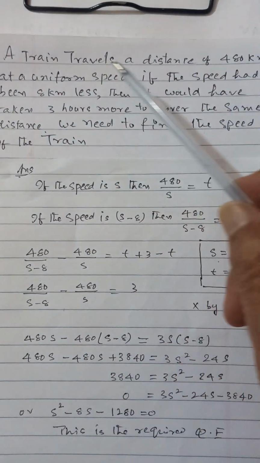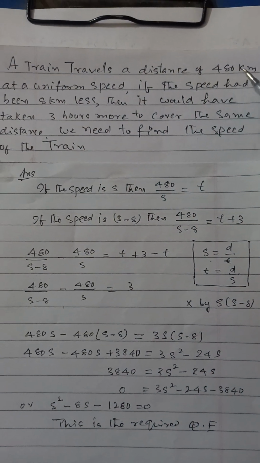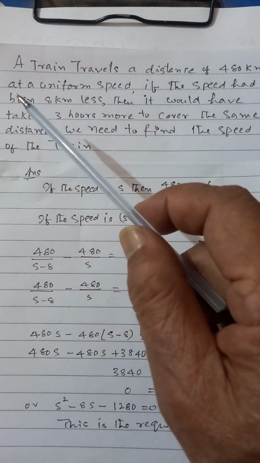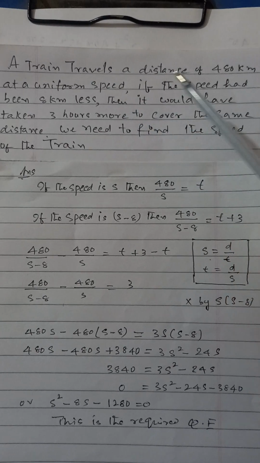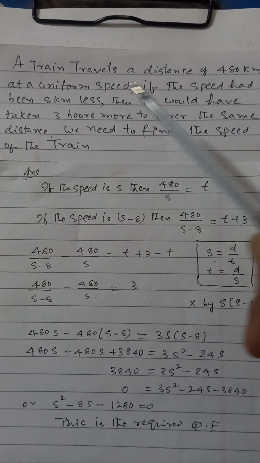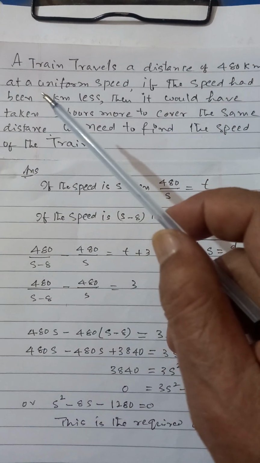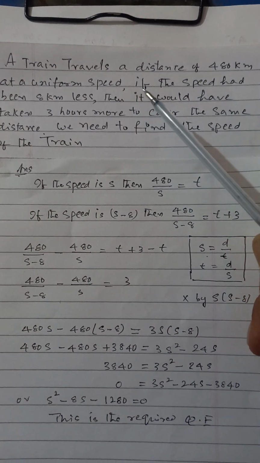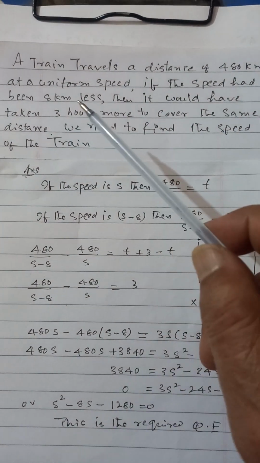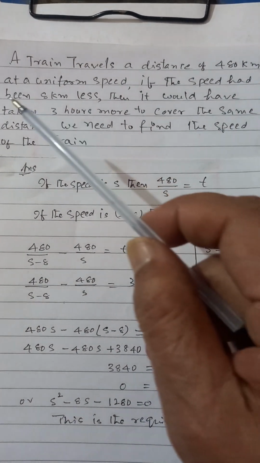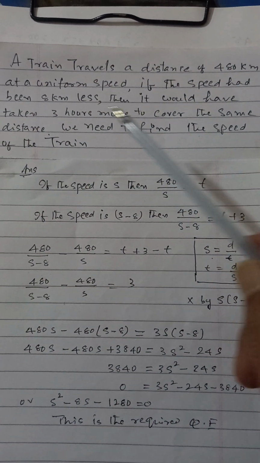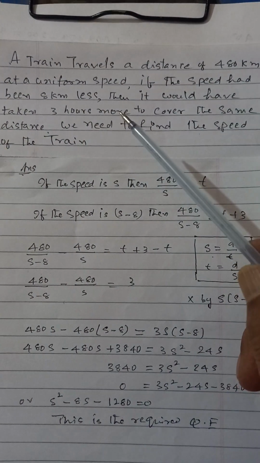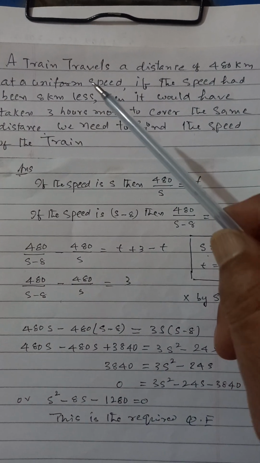A train travels a distance of 480 kilometers at a uniform speed. See how many kilometers? 480 kilometers at a uniform speed. If the speed had been 8 kilometers less, then it would have taken 3 hours more. See, if the speed had been less